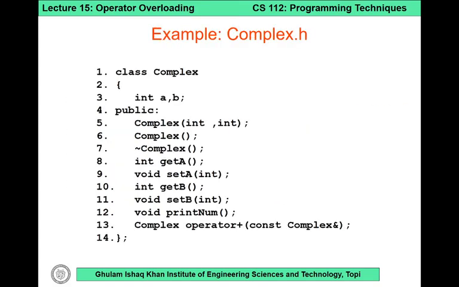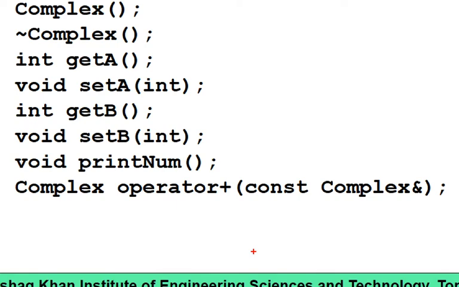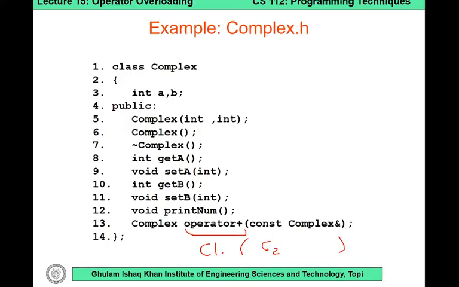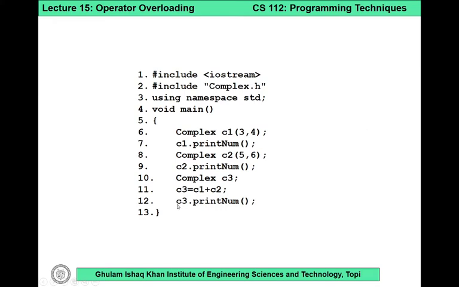So what will happen here is that this plus operator will be called for the instance C1, okay, and to it the argument C2 will be passed, right? So this is how the operator overloading works,